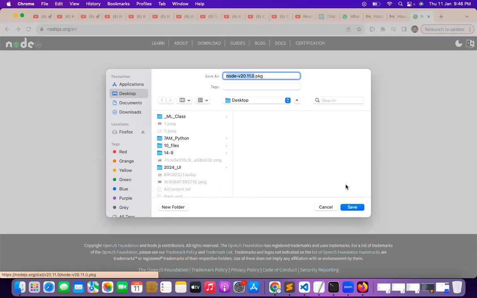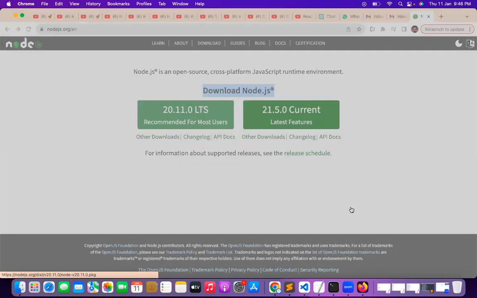I'm on the Mac actually. So that is the reason it is giving the package file. If you are on a Windows machine, you can get a .exe file. Okay,